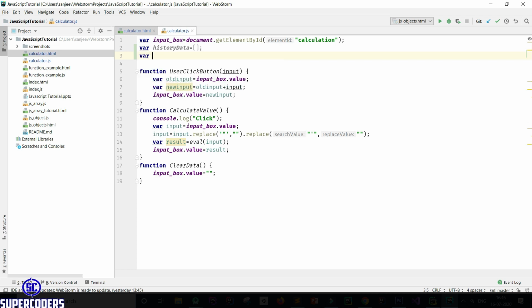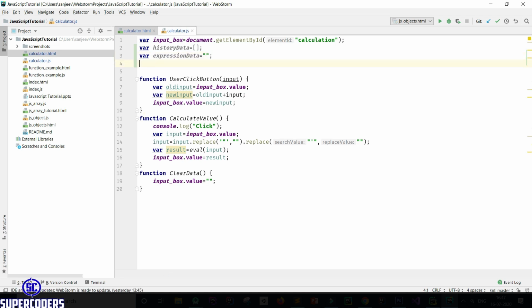So var expression data, which is an empty string, and also making a result. So var result data equal to blank.